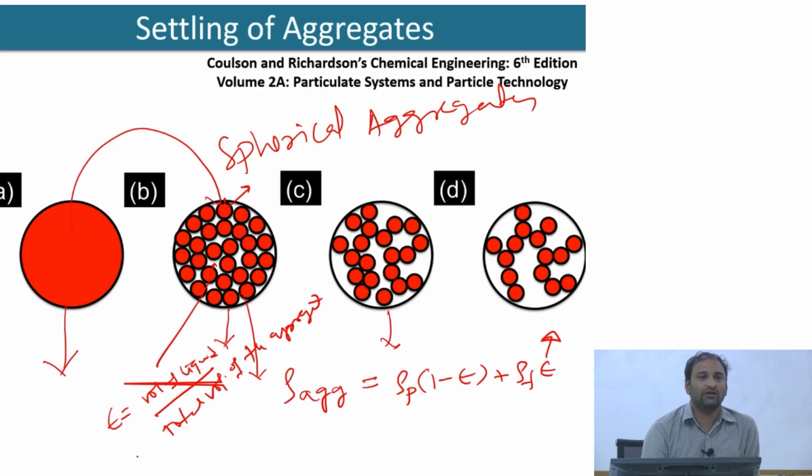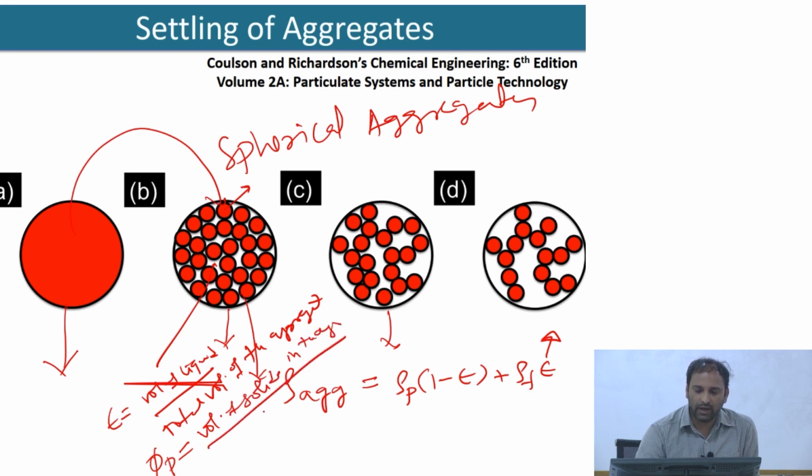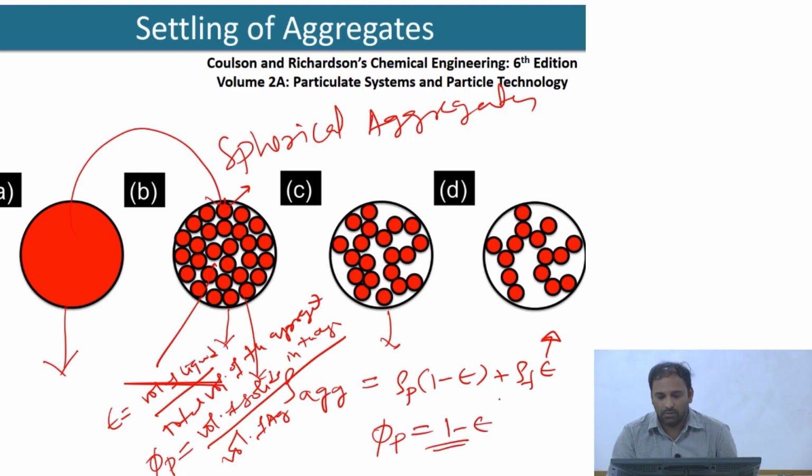Similarly, I can also define the solid fraction. So phi p, the solid fraction, is the volume of the solids or the particles in the aggregate divided by the volume of the aggregate. They are related by the fact that phi p is 1 minus epsilon, because phi p plus epsilon should be 1. The total fraction of the solid in the aggregate plus the total fraction of the liquid in the aggregate should be 1. And we said that we are going to take a case of an